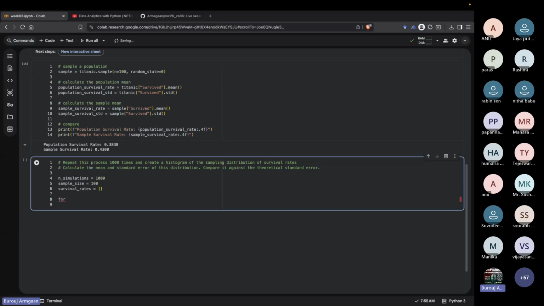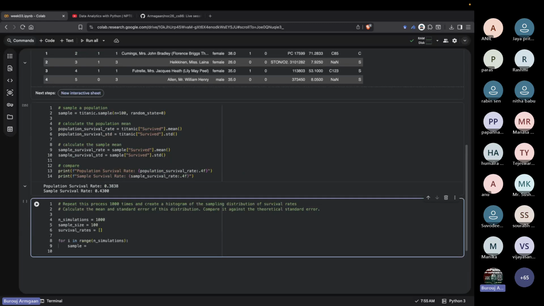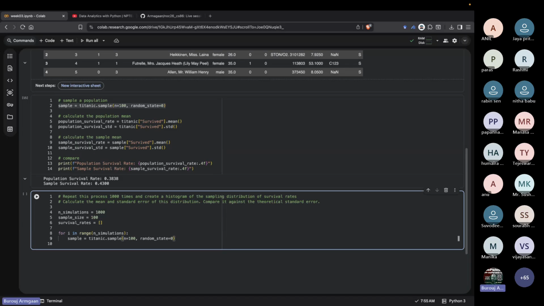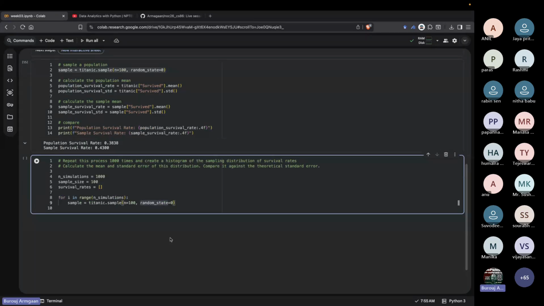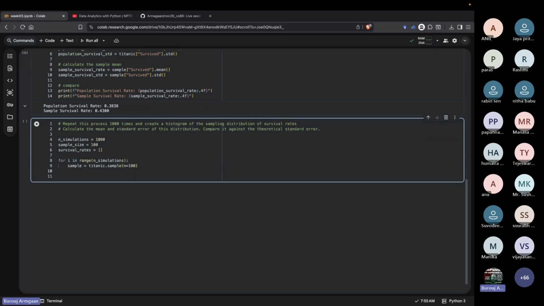So now we iterate for i in range, number of simulations. I'll create a new sample, which is essentially running this thing again. But this time we don't want to use a random state, because it will essentially do the same thing repeatedly. So we get a sample, and then we can say survival rates dot append sample